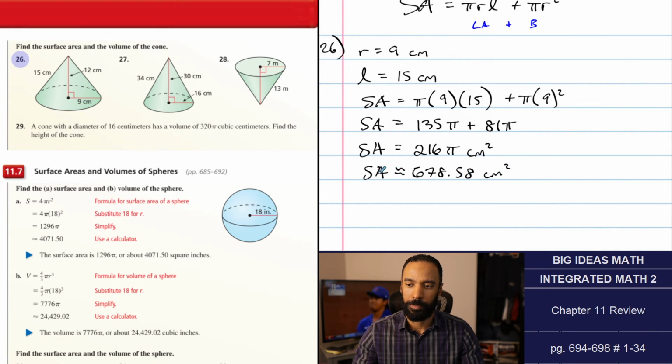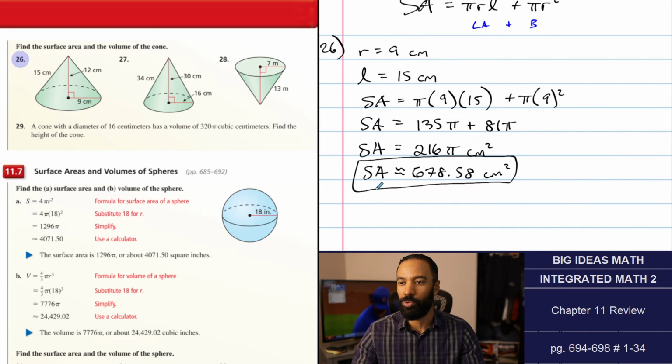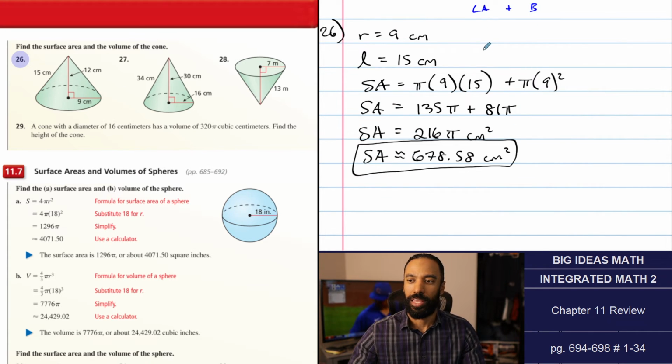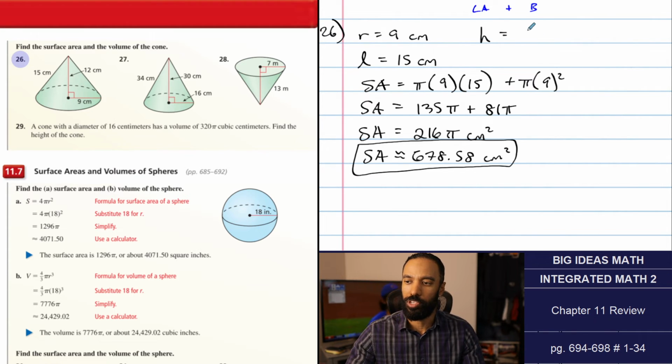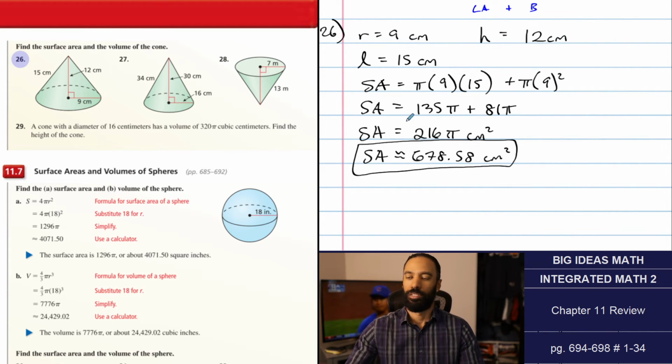678.58 square centimeters. Okay, that's surface area. We still do need to find volume. The height of this guy, my calculator's covering it, is 12 centimeters. So the volume